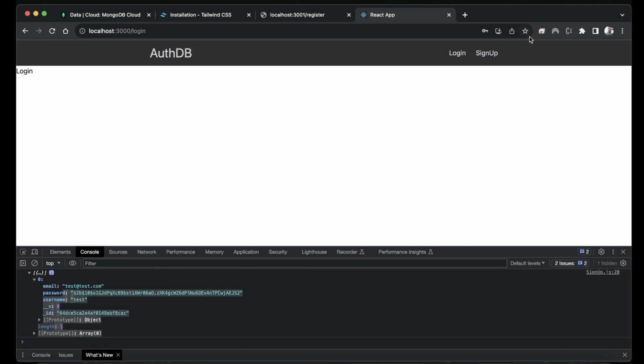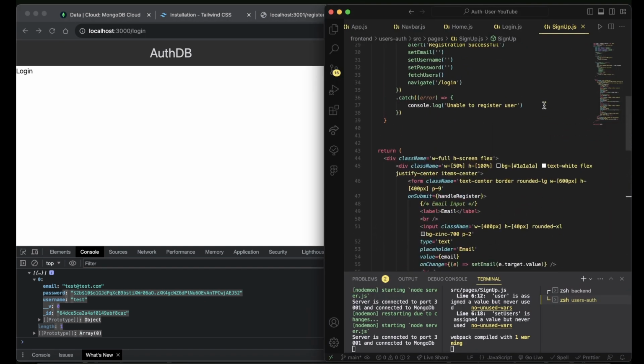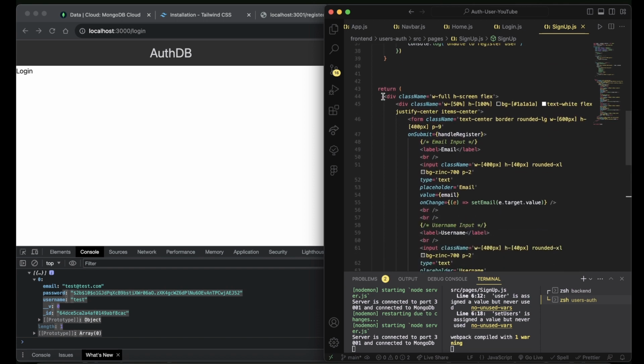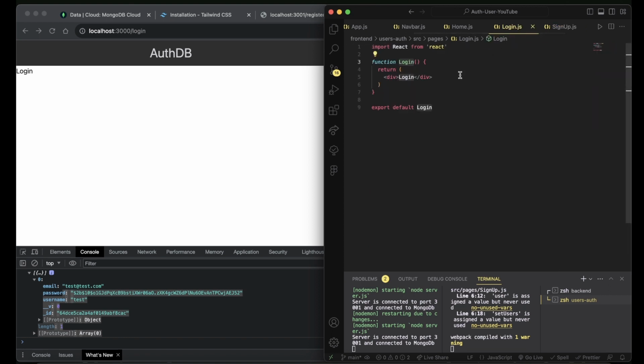Not only that, as you can see, it pretty much redirected us to our login page, which is pretty cool, right guys? So now that we have our sign up page fully functional, we can move on to our login page. Let's go back to our Visual Studio Code and we can go to the sign up page, and let's just copy. That way we don't have to do everything from scratch again. We can just copy the whole thing, and then we can go ahead and paste it inside of our login,